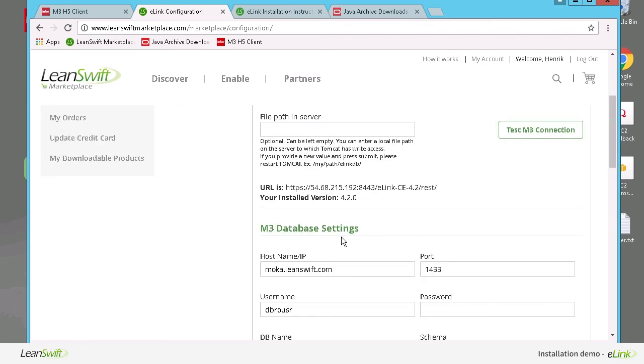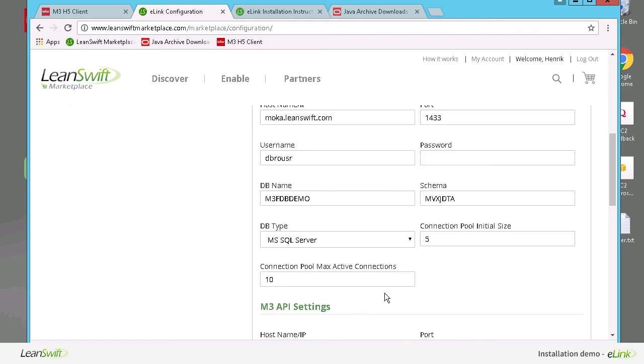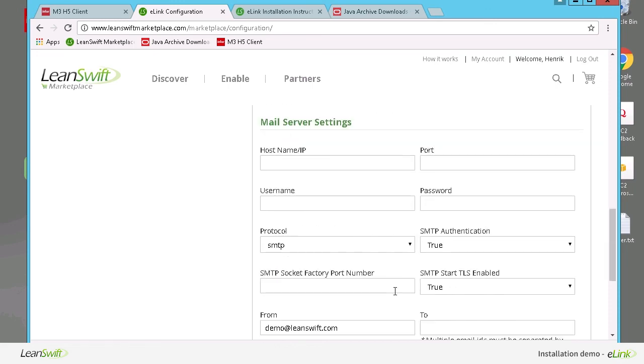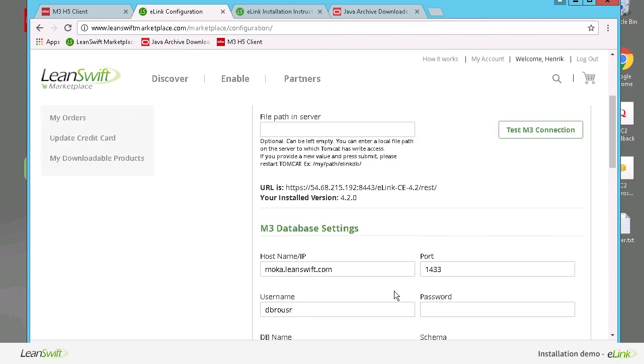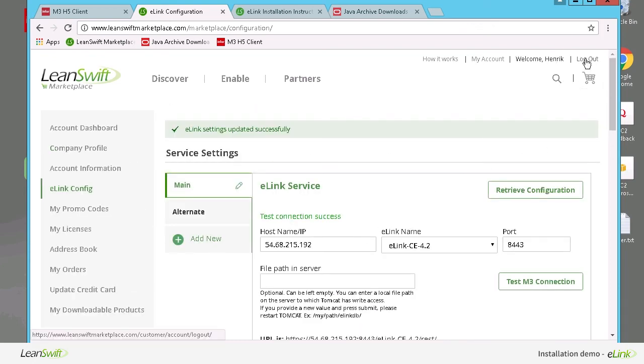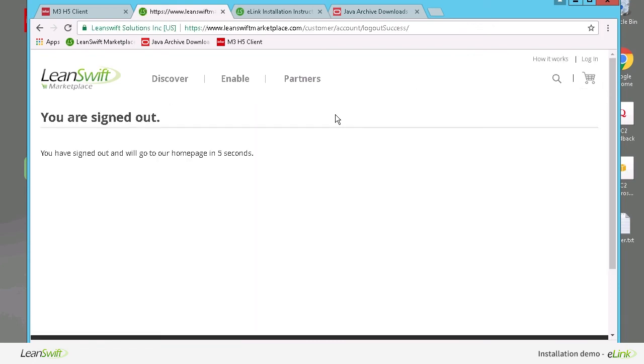Let's also for a second speak about these settings and the marketplace, because we are not actually storing any of the settings in our marketplace cloud service. These are only stored in your eLink instance, and they're displayed here, but if I log out, they're cleared out of the session. So just to show you, if I log out of my account